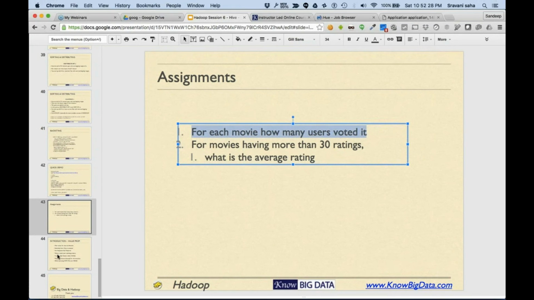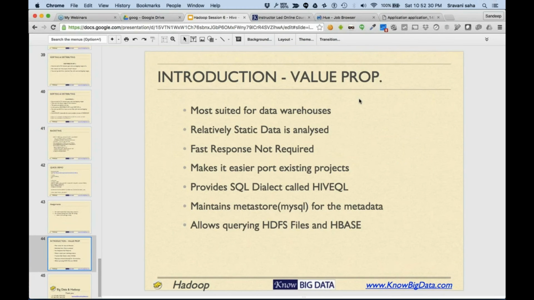All right. Okay, recap of Hive again. It's suitable for data warehouses where relatively static data is maintained and analyzed, and we do not require very fast response, as you just saw that it takes some amount of time. If you do the same thing in a regular database, it would be really, really fast.